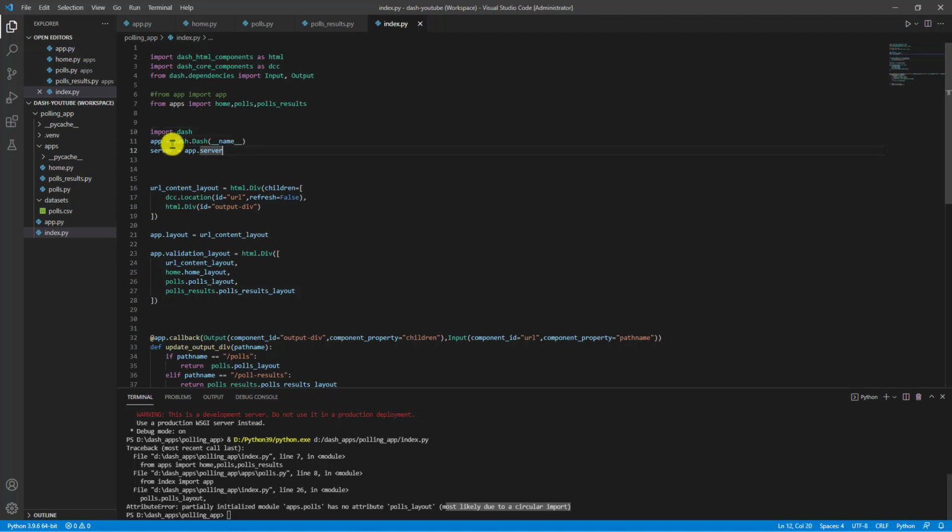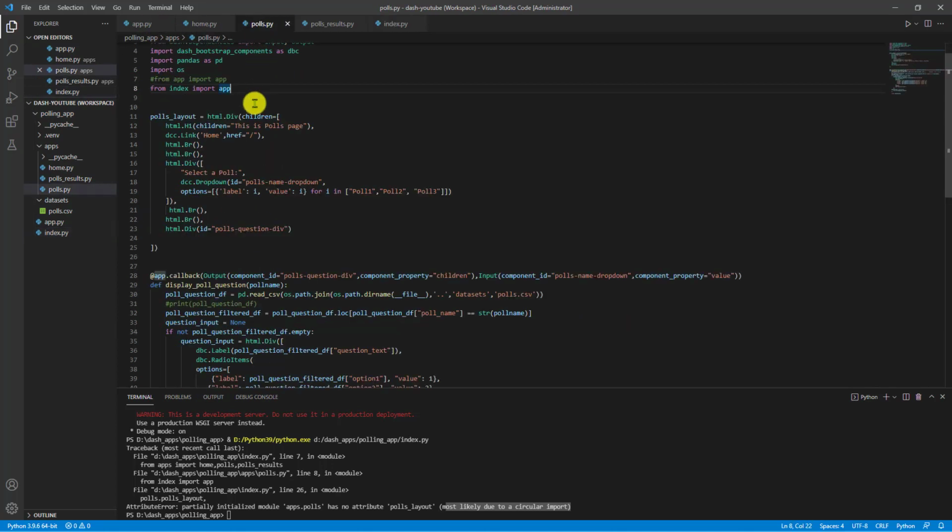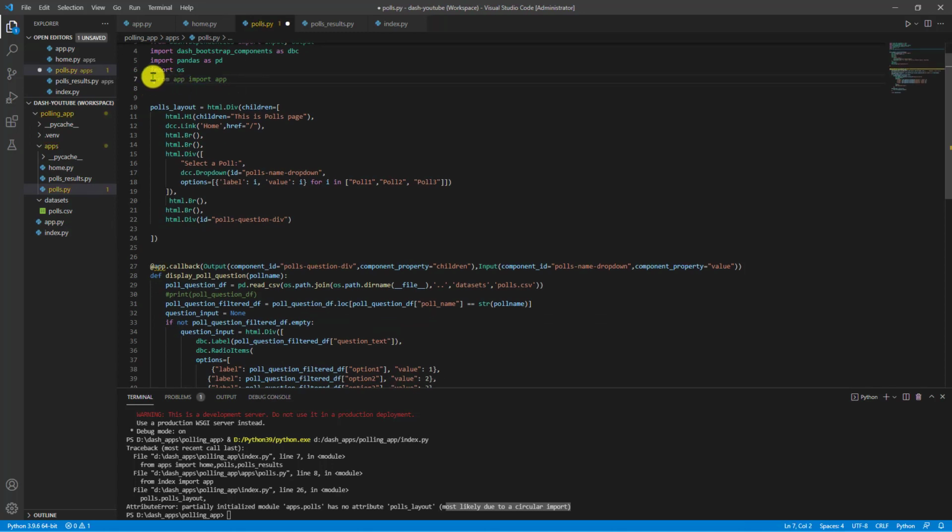Okay, so let us remove the app definition from this index.py, and let us keep all our code just like we had it before. We did that just to understand this circular dependency. So we have removed this one. From the polls.py, we will remove this reference to app.